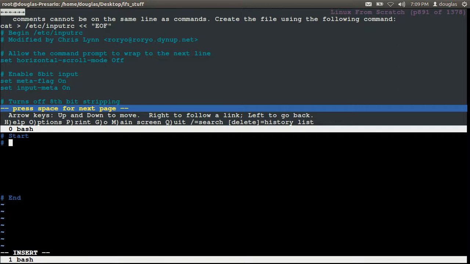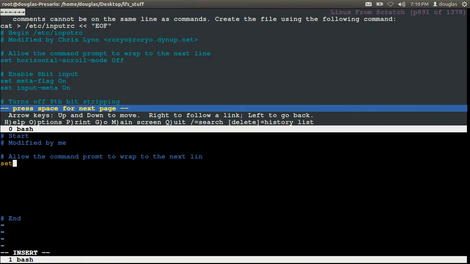And I want to put something like modified by me. We'll add these comments so we know what's going on if we ever have to come back to them. Allow the command prompt